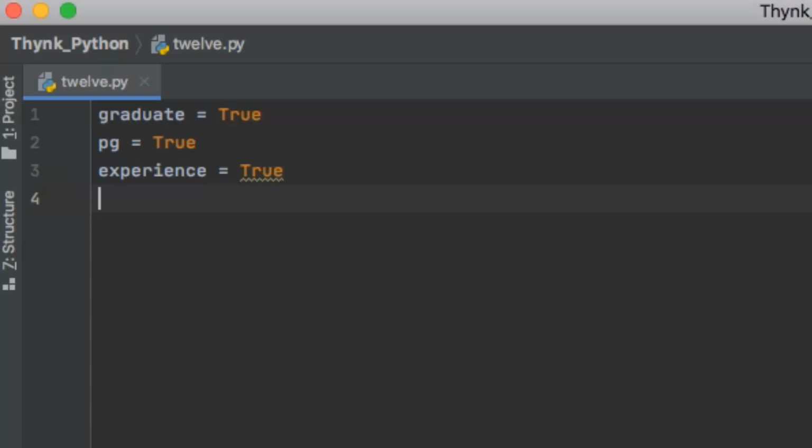Now let's understand the implementation of logical operators. For example, company A wants that the candidate should be a graduate, he should be a PG also, and he should have experience also.